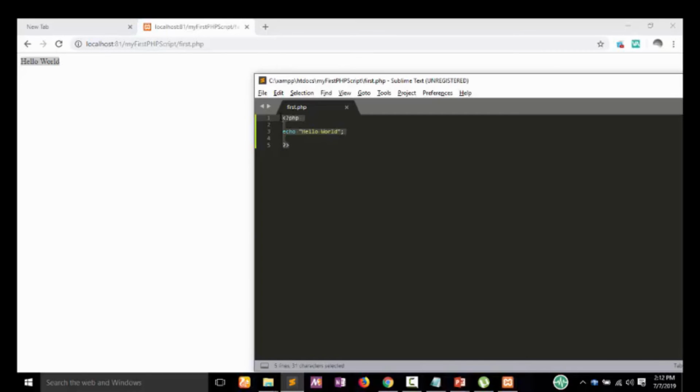You just open your PHP tag like that, you close it that way, and all your PHP codes or scripts go in that. Okay, so that's all for our PHP syntax. Let's move straight off